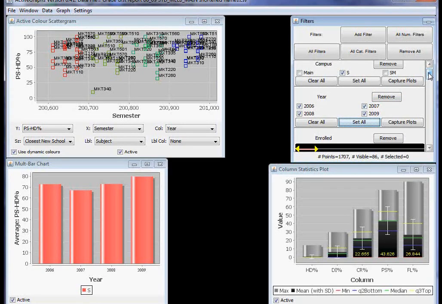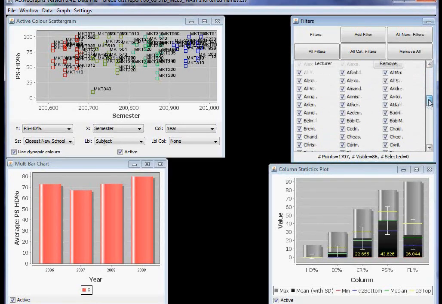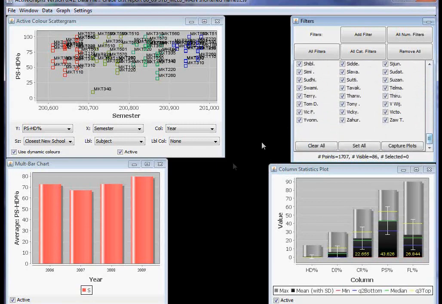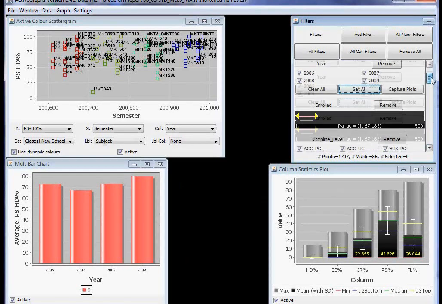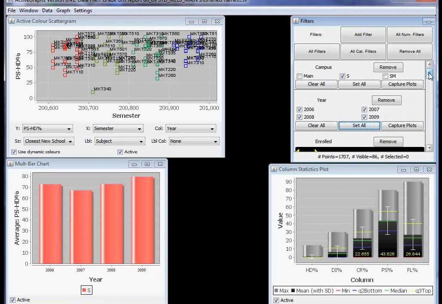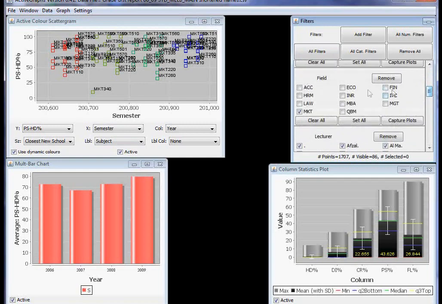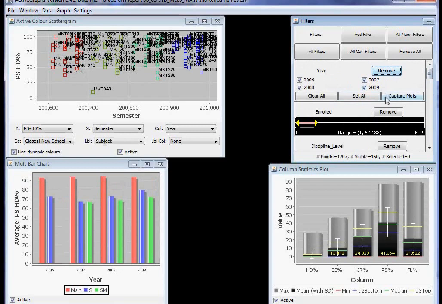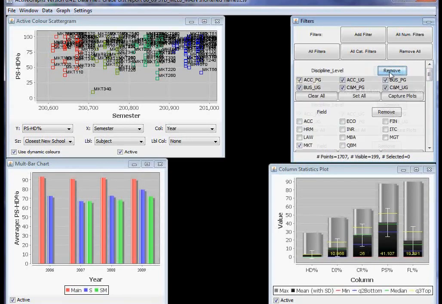By this combination of filters, we're able to zoom in on what we're interested in and produce a whole range of visuals and graphics that can be used for reports. Indeed, this area here, capture plots, automates the process of generating screen captures, so that each one of these windows is captured for each combination here. So if you've got a large profile that you want to do, say across the various fields, you can remove a lot of these filters that you're not interested in,